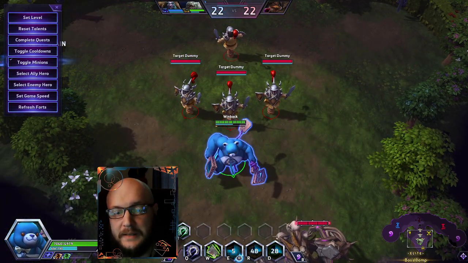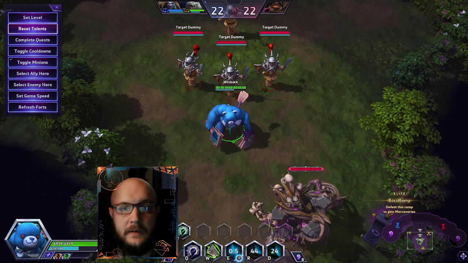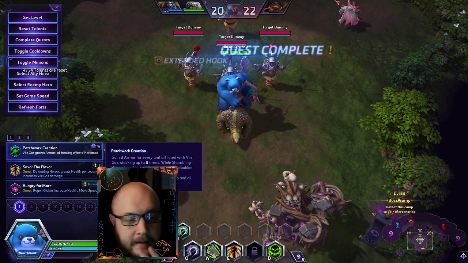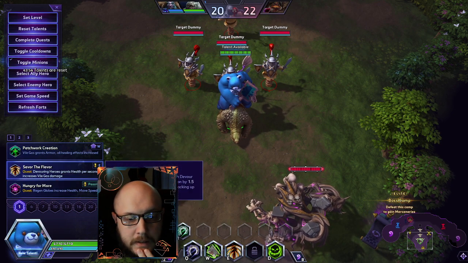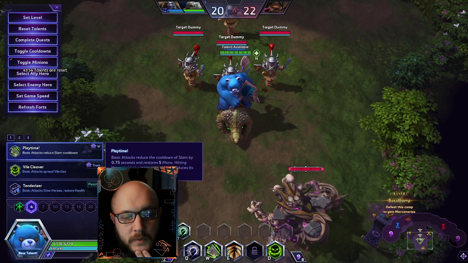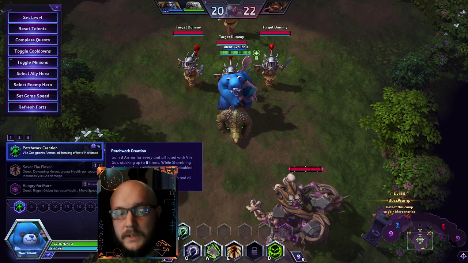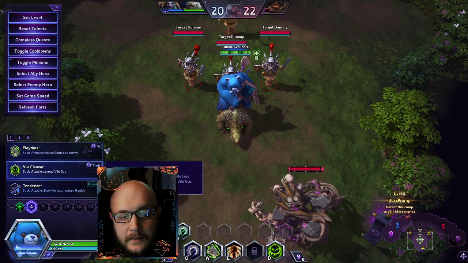Probably not the best build in the bunch, but I definitely feel like with a little bit of time that could probably be pretty good. So reset the talents. Now, what I think we're going to end up working with the most here is, let's see. So Patchwork Creation for the increased health regen and the armor. I feel like that's going to be really helpful. And then we'll end up taking